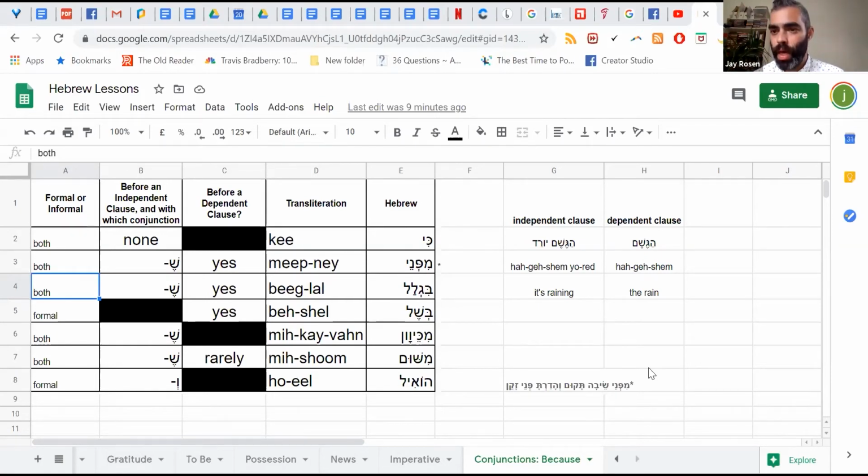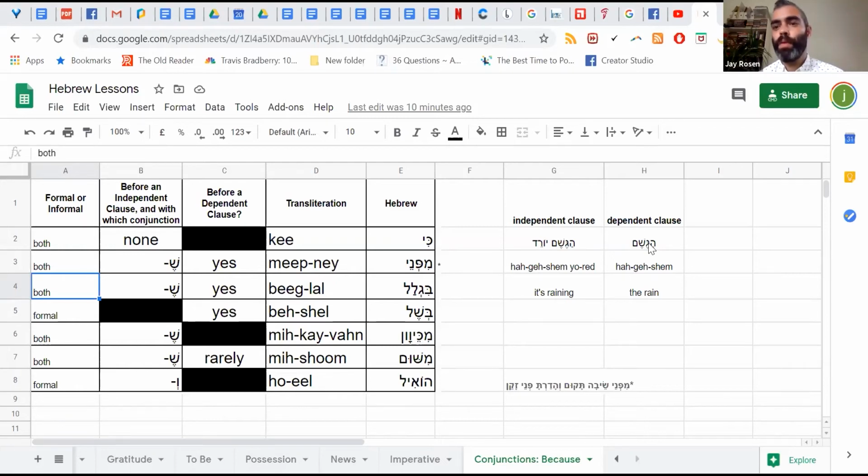So it's important to know what is a dependent clause and what is an independent clause. And if that's complicated while we're going through all the different words for because, just simply look to your right again on the screen. Hageshem, hageshem yoled. One is a dependent clause, one is independent. Dependent, hageshem has to be part of a sentence, otherwise it's just a word. Hageshem yoled does not. It's its own sentence, okay? So with that, let's start talking about the word because. We need to know what's that second part of the sentence after because, right? Is it dependent or is it independent, and what happens in Hebrew?